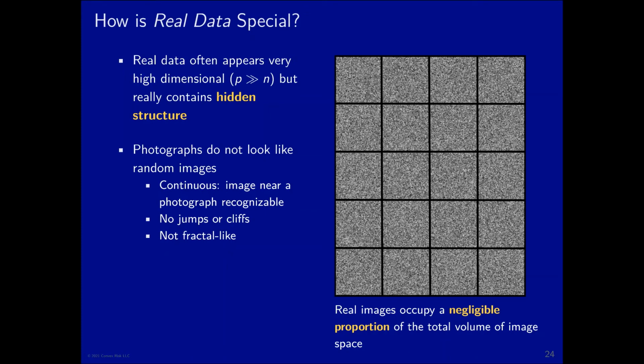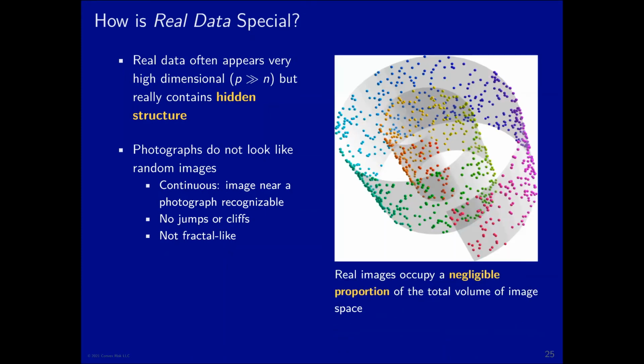So if we think about actual pictures of scenery and faces and people and buildings and cars and objects, those images live in a very low dimensional subspace of the space of all photographs. So there's some hidden structure there that all photographs have in common that gives us some hope that if we could determine that, we would get a great deal of insight out of it.